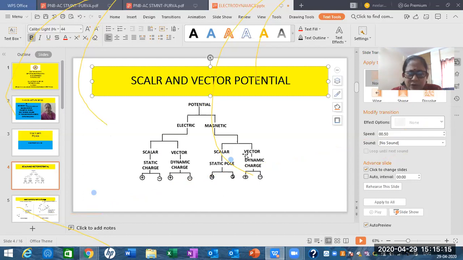Okay. So if you come to vector magnetic potential, just now as I told you, it is produced by the dynamic charge. So here I am not writing it as a pole. The basic entity which produces the magnetic field is the moving charge. That is why the movement associated with the charge is responsible for production of the magnetic potential. So under this classification, the end result again ends at a positive charge and a negative charge.